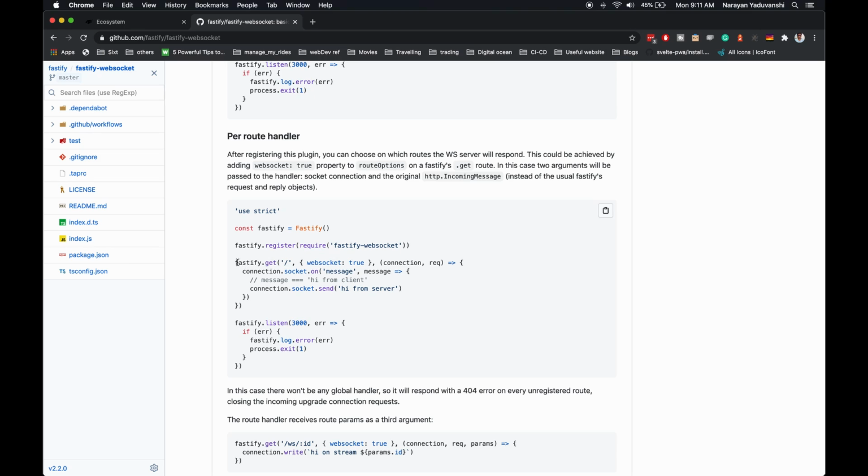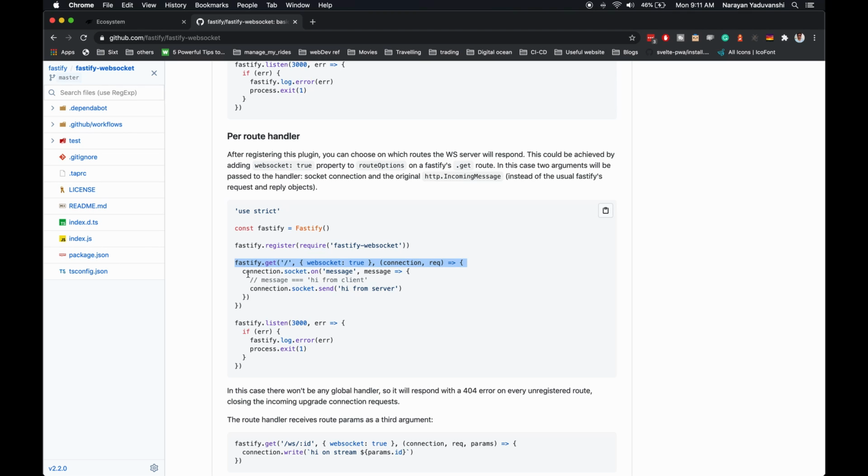Okay, it's pretty easy. You just register your WebSocket plugin, and you go to your particular route, and in the route's second argument you put websocket as true. Okay, and then if Fastify finds websocket true, it's going to inject connection and request as the first and second parameters instead of request and reply.